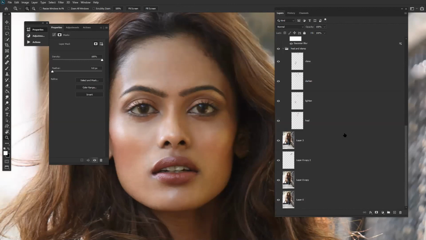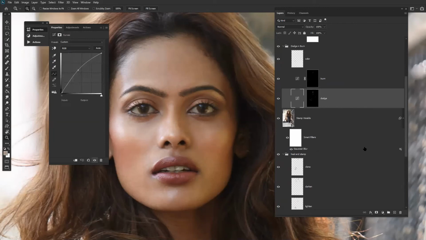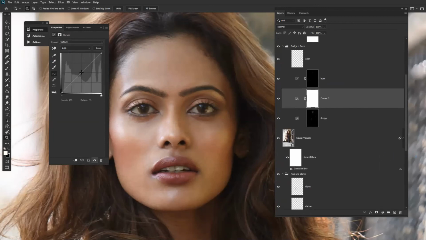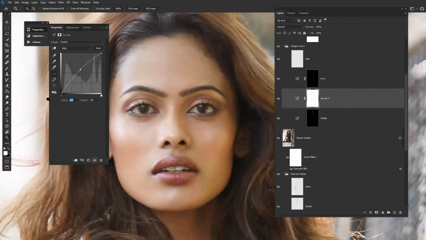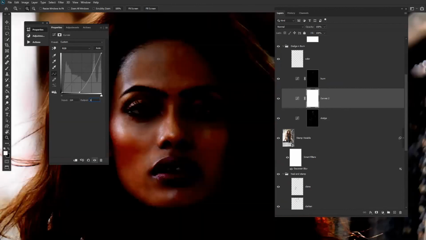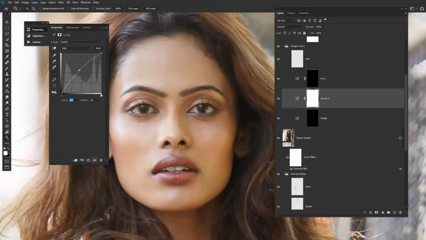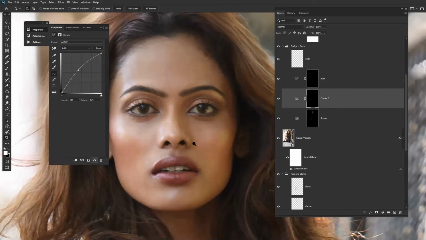Now if I dodge, let me show one dodge. So our values, we can put our values over here. 105. 145. 105. Now see.